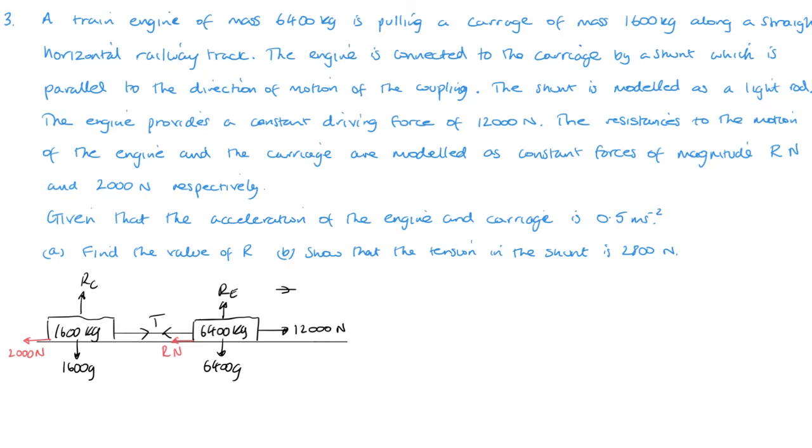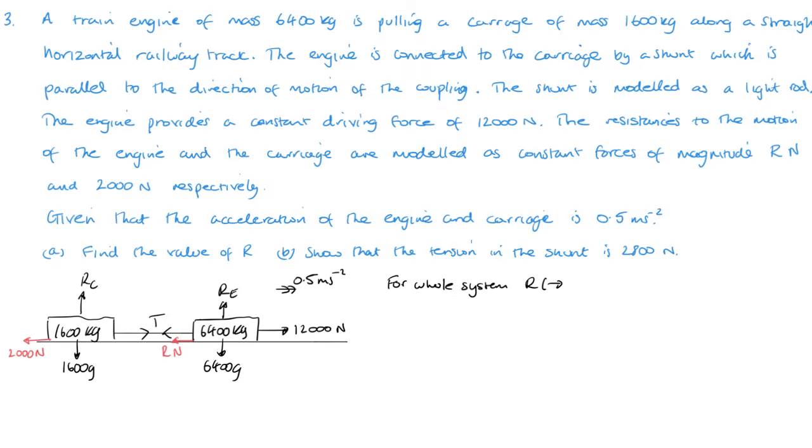Acceleration is 0.5 meters per second squared. So we're going to find the value of R and then find the tension in the shunt. So finding the value of R first of all. Because we don't know the tension either, we can't deal with it as a separate thing. So we've got to look at the whole system